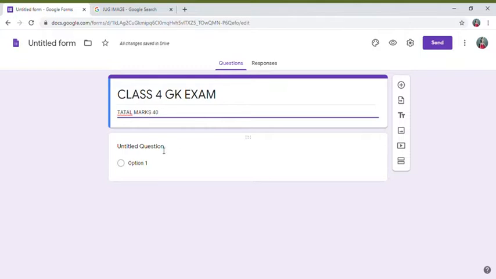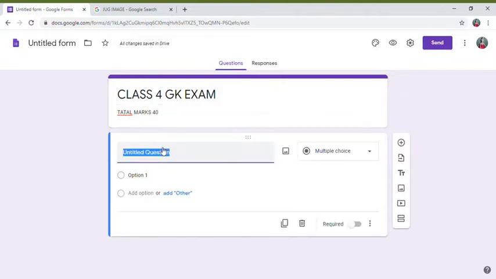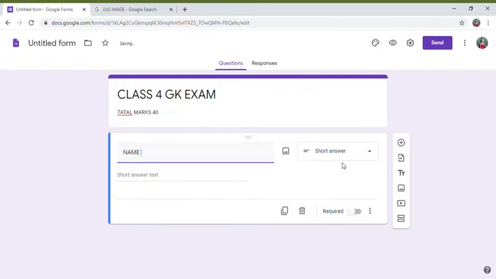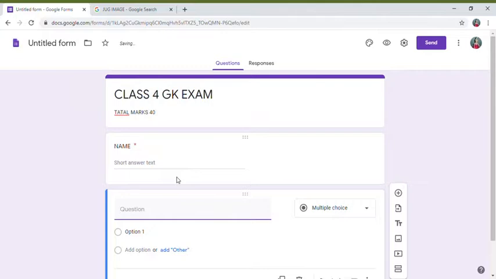Now we're going to move on to our very first field. Every question is going to have a separate field. The very first field in my form should be name, and name is a field which is compulsory for all the students, so turn on required. Remember to turn on required for all the fields that you want to be compulsory.